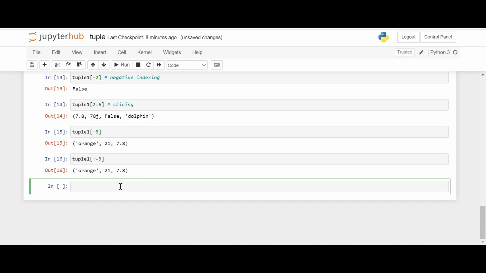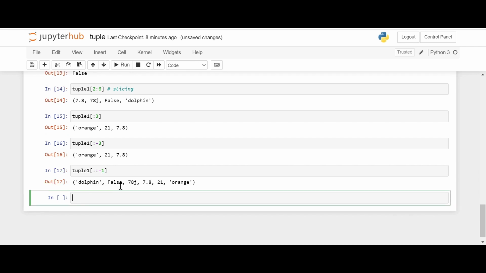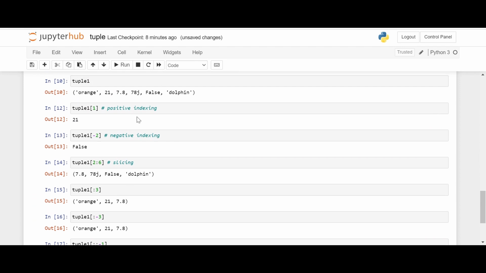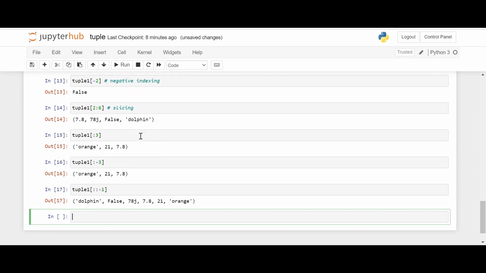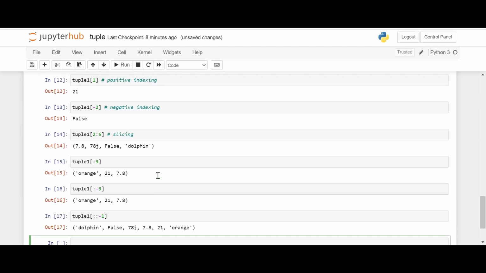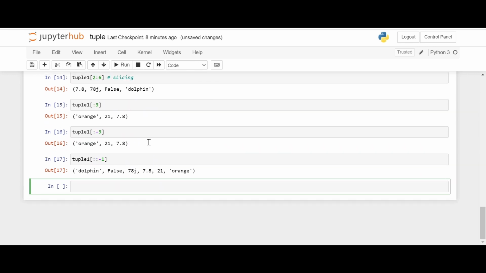Okay, let's check another one. Tuple. So we can also print backwards. So dolphin, false, 78, 7.8, 21, orange. Okay,